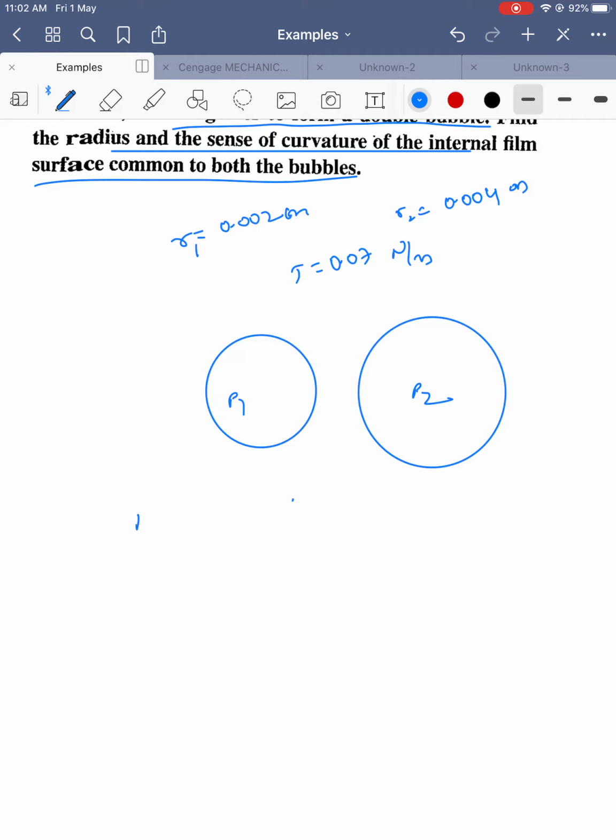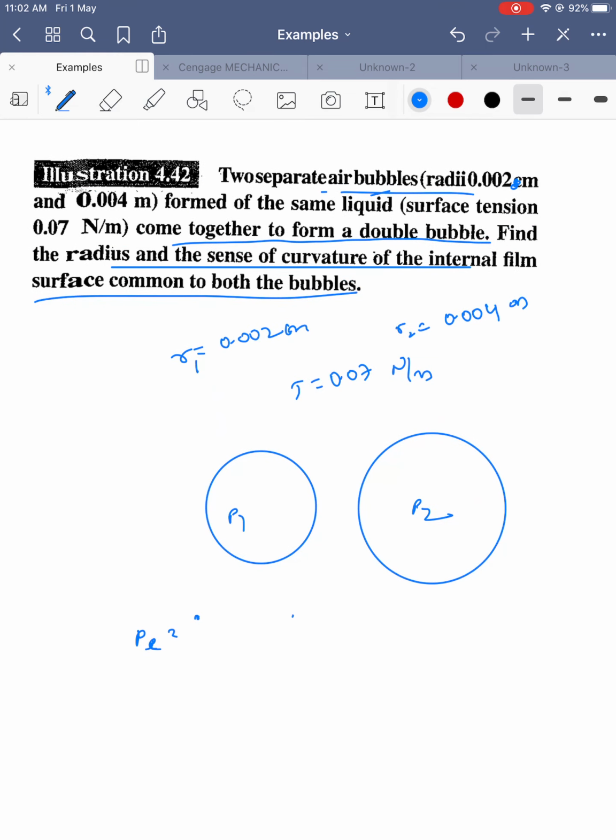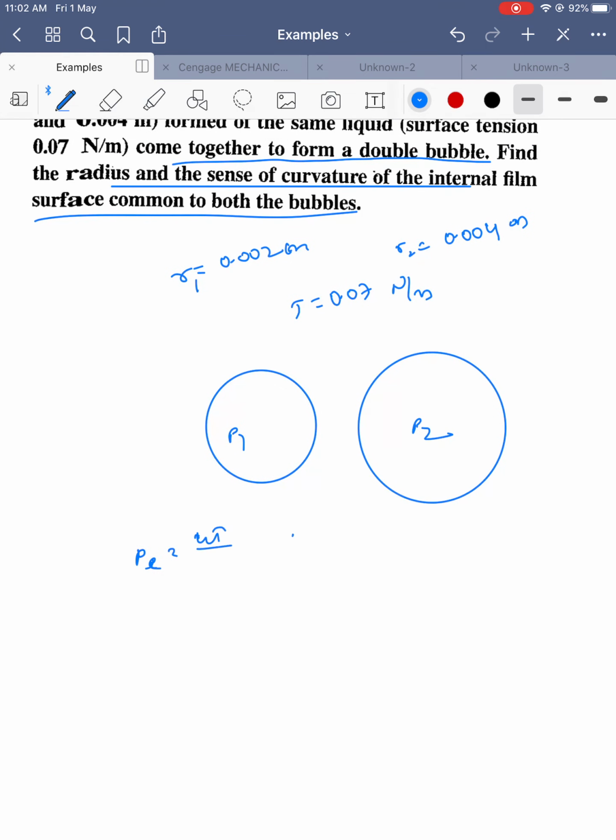If the bubble has less radius, the excess pressure is nothing but 2T. So this is in air. Okay, they did not mention under water. So it is equal to 4T by R. P1 is 4T by R1, and P2 is 4T by R2. So if the radius is more, pressure inside the bubble is less. So inversely proportional. Don't think that radius increases, pressure increases. If radius is more, pressure inside the bubble is less. Okay.